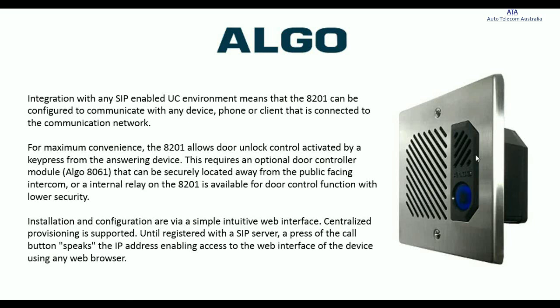The other neat thing about this is it's very simple for a technician to install. Once it's plugged in to the network, the process is you literally plug it in, it fires up, powers up. After about 30 seconds it'll give an audible beep, and that's indicating I am ready, I'm working. And if you press the call button, if it's not registered, e.g. you haven't set up auto deployment or anything like that on it,